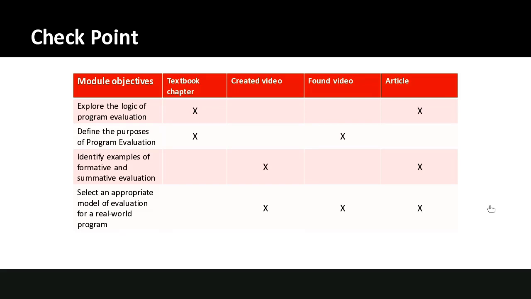So I like to use this table that I create. And what I do is I put module level objectives in column 1 and create these different rows. So I have 4 different module level objectives down the first column here. And the different instructional materials that I pick out, I put across the top row, just some sort of general categories of instructional materials. And then I simply make these X marks in various different spots to make sure that I am covering those